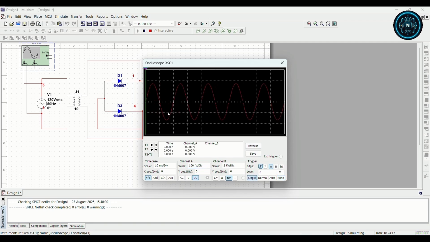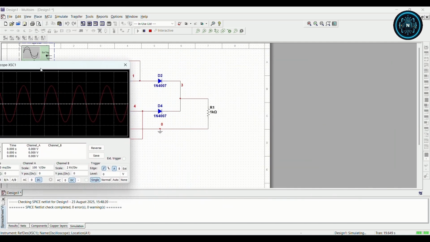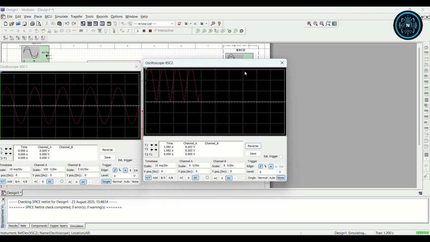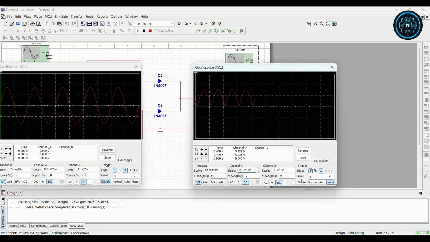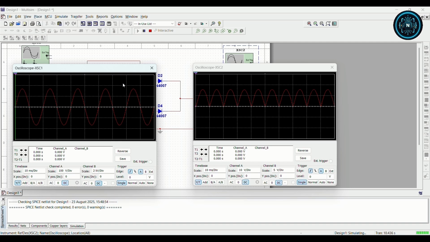And now we need to observe our output signal. Place another oscilloscope and connect it across the load resistor. And now run the simulation. As you see, our output is pulsating DC. So we need to convert this pulsating DC into